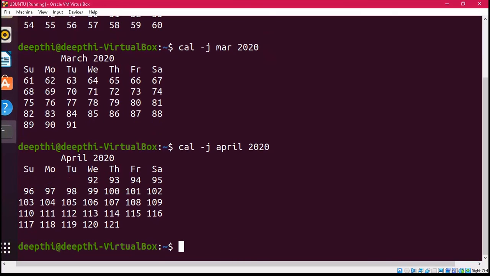Now again see it for April. You can understand this very well, right? In April we have 30 days, so adding 30 to 91 gives you 121, the last date of April. So 91 was the last date of March and 92 is the first date of April, right? I hope it is clear, and similarly you can understand why it was giving a specific number for the month of August.